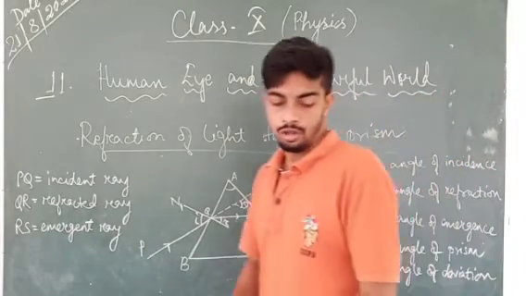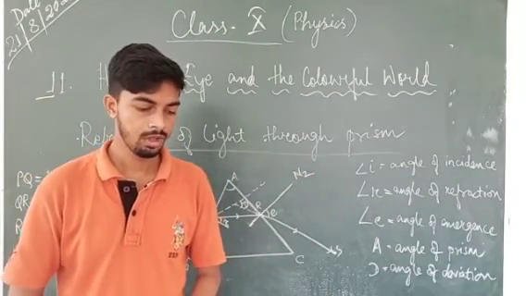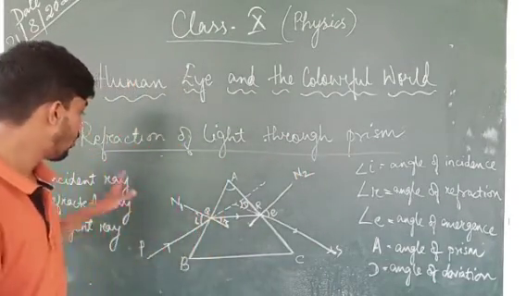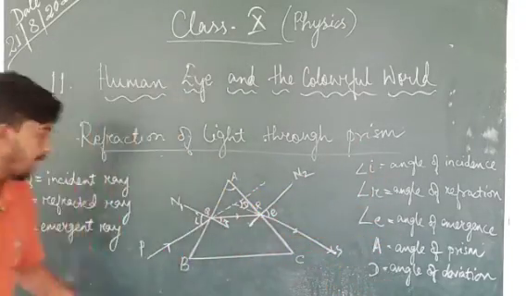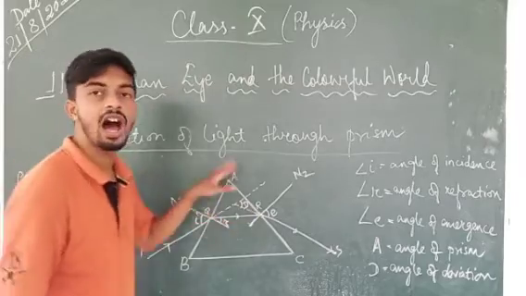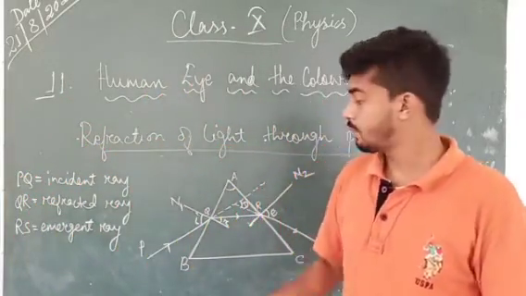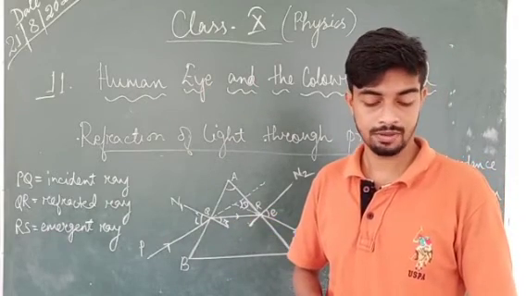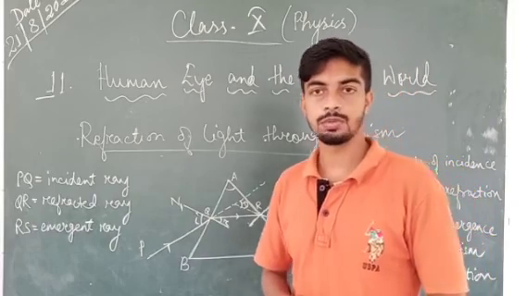Okay. So this much was only for today. You have to remember all these symbols, all these angles, and how to draw the prism. So try to draw this one by yourself, and the drawing should be neat and clean. Thank you. This much only for today.